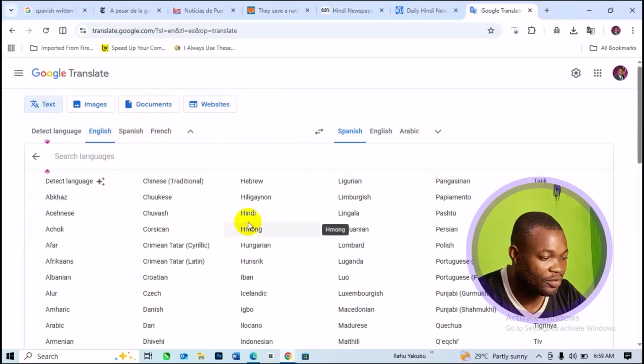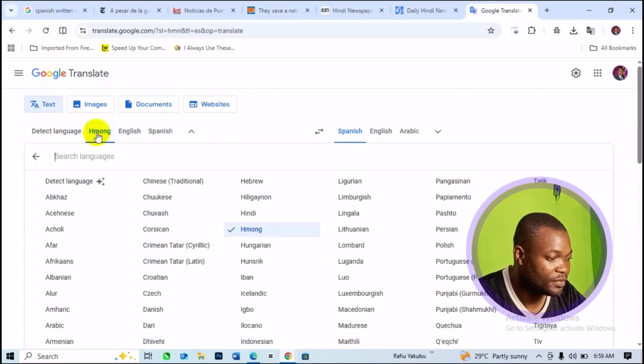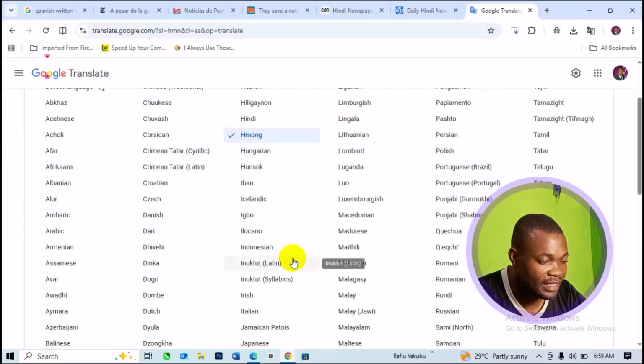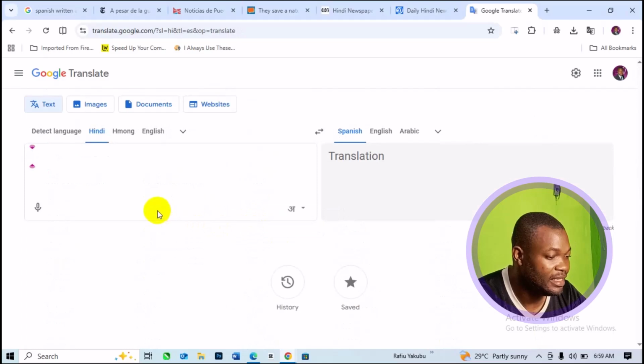And then when you click on detected language, you have so many languages right here. From the options here, choose the language of your choice. Like I said, we want to translate from Hindi, so select Hindi, and we want to translate into